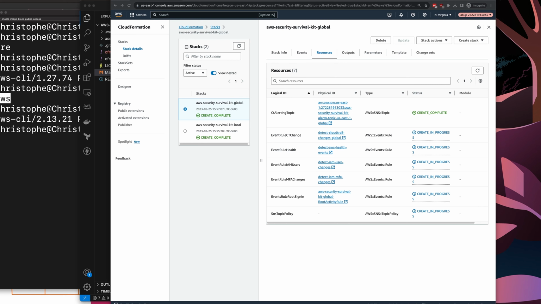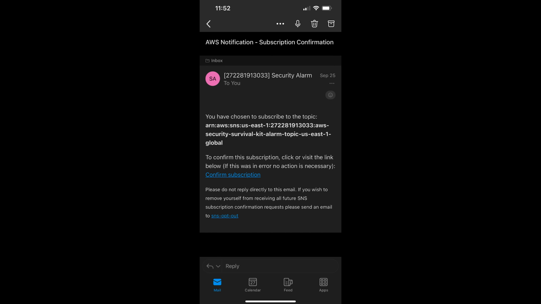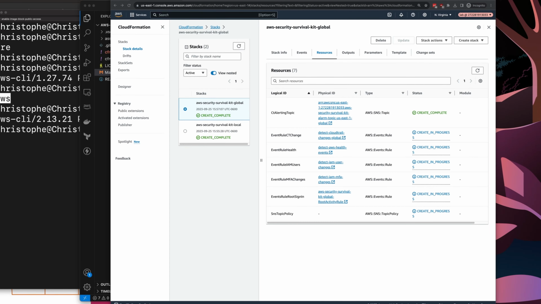We now have both of the stacks deployed, and as this was deploying, you probably noticed that you were receiving some email notifications. Do not ignore those because you have to subscribe to the SNS topic in order to receive alerts, because it's AWS's way of preventing spam. Go ahead and open up both of the emails that you received and confirm subscription so you can start receiving